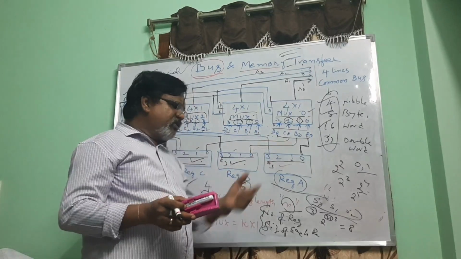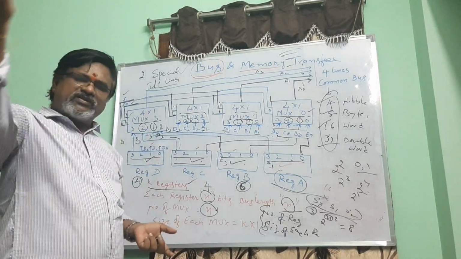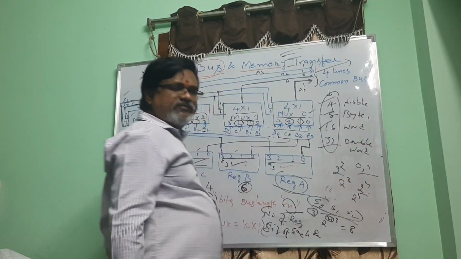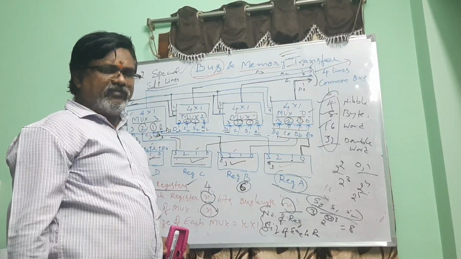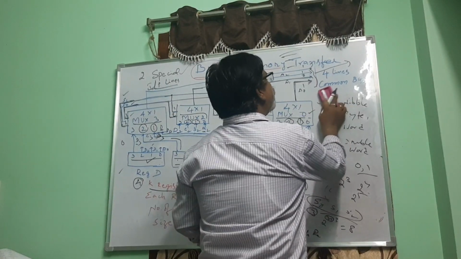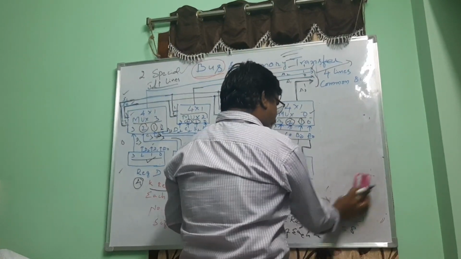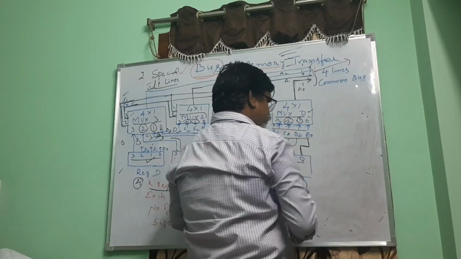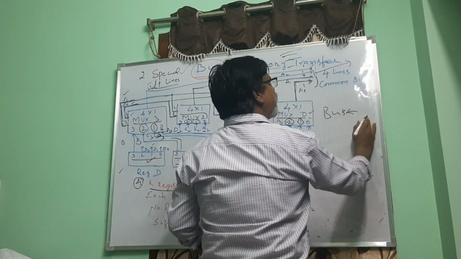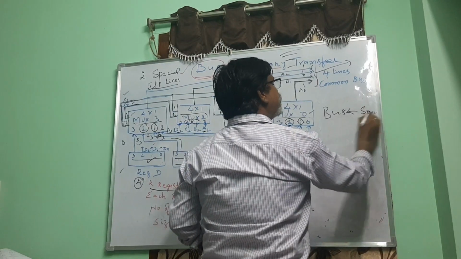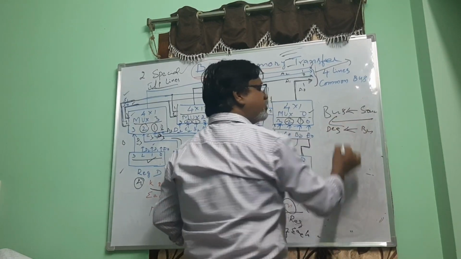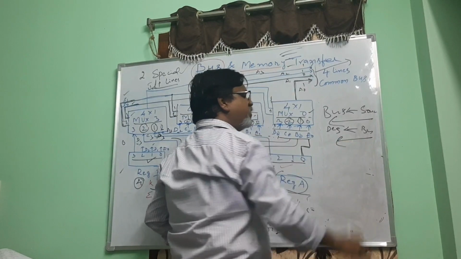Of course, once it is transferred to the bus, that bus is going to transfer these 4 bits into the next destination register. That we don't bother about. Now, how data is transferred to the bus, we have discussed. You just see, as I told you, it is like a source, then the bus, then the destination. So from the source, data is copied into the bus. From the bus, it is copied into the destination.